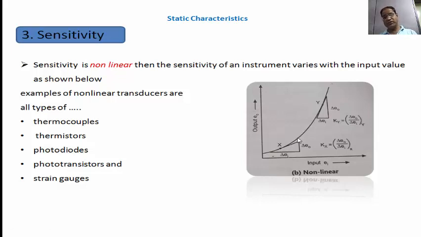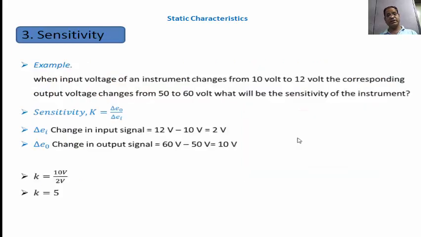The examples of non-linear transducers are thermocouples, thermistors, photodiodes, phototransistors, and strain gauges. These are the examples of the non-linear type sensitive instrument. So let us take an example of sensitivity. How will you calculate sensitivity? Suppose